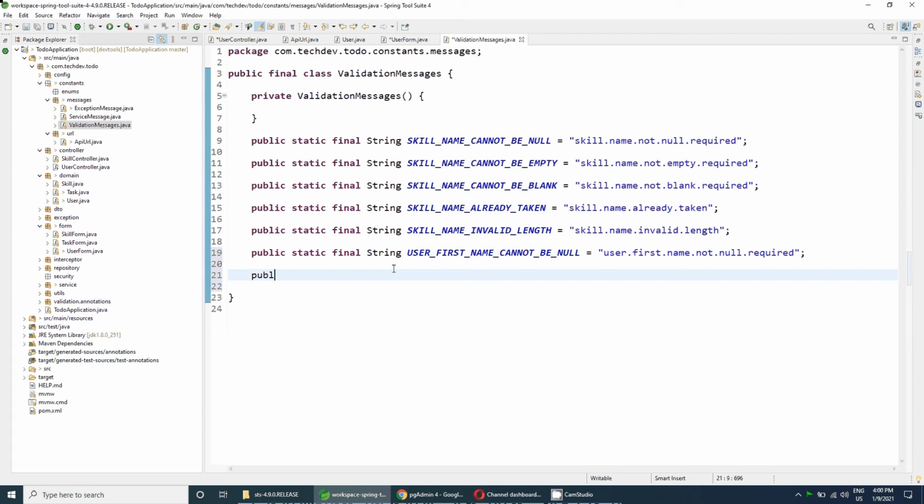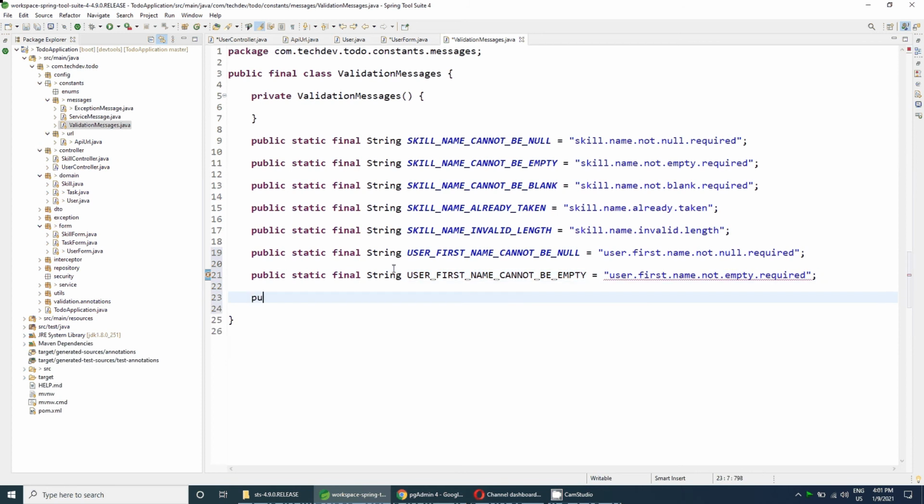So let's create public static final String user first name cannot be empty: user dot first dot name dot not dot empty dot required.